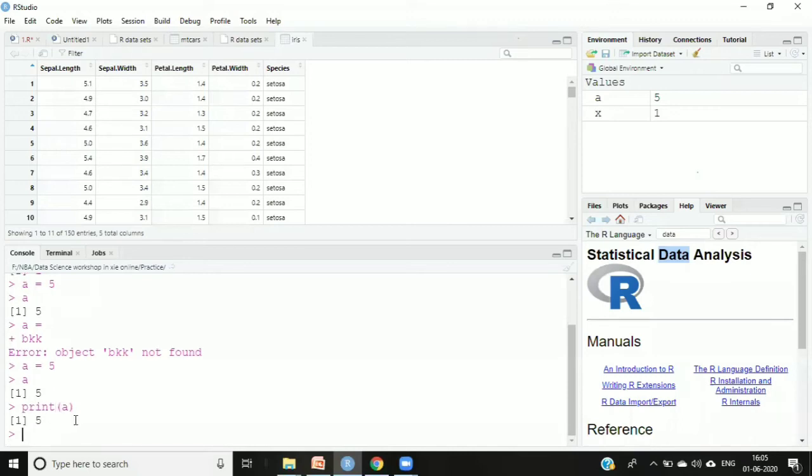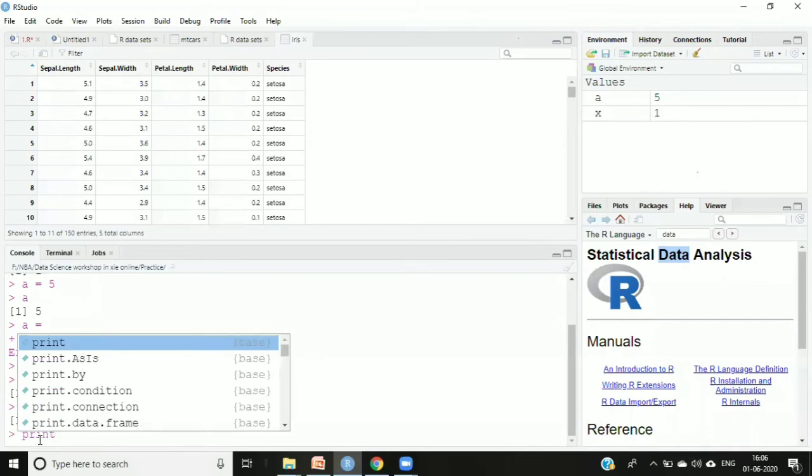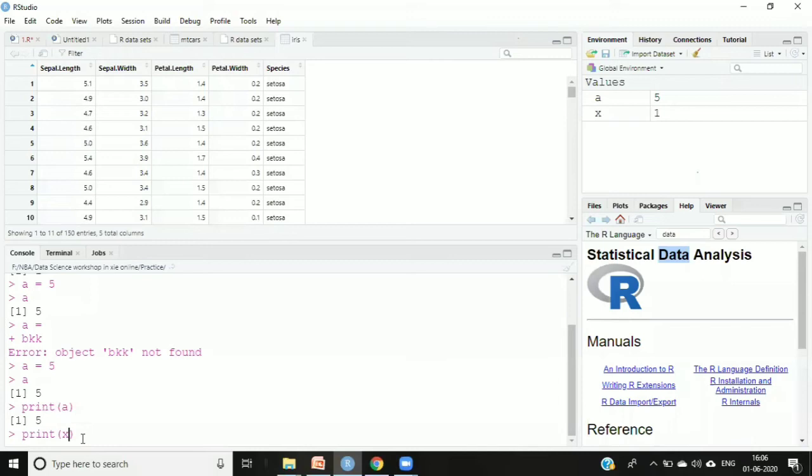So it will show me the value of that. If I want to check the value of X, I'll say print, X, enter. X was assigned the value 1. If you see here in the environment window, X got the value 1, so it's displaying over here as 1.